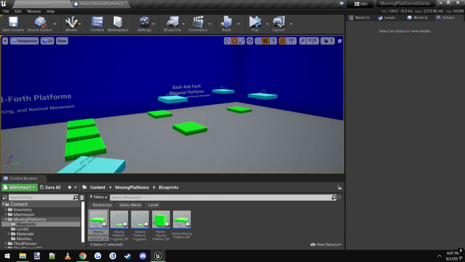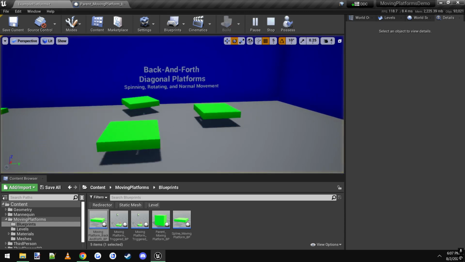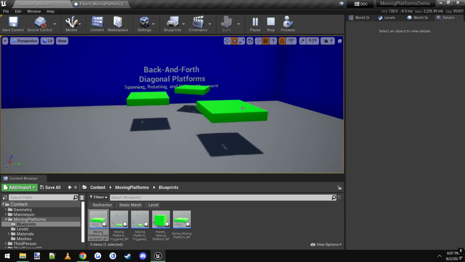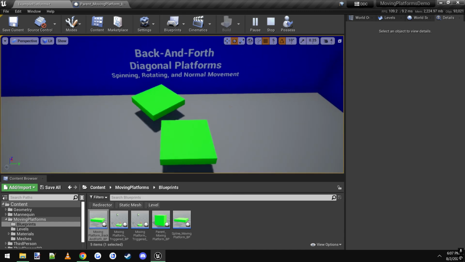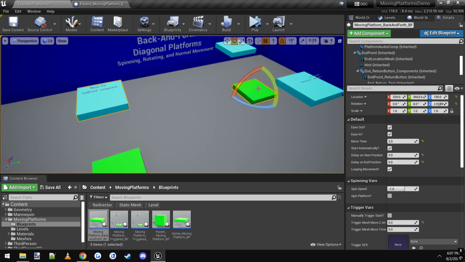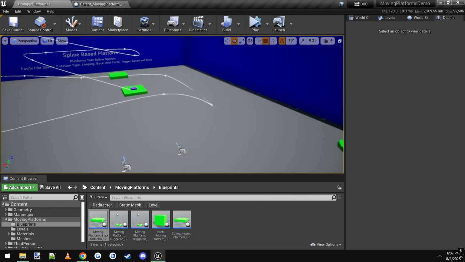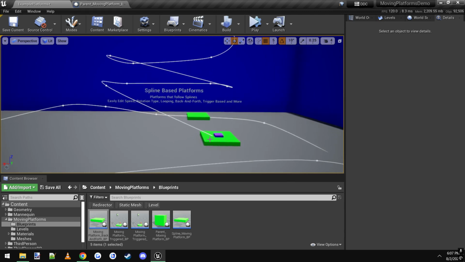These would all be great for that. You can move the endpoints up and down like I did here, and you can see they go up and down, spin and rotate. This one over here rotates. It'd be cool to switch the meshes out with things like different shapes, gears, whatever you want to make that spin, rotate. And then finally over here we have spline based platforms, and the spline is right here,